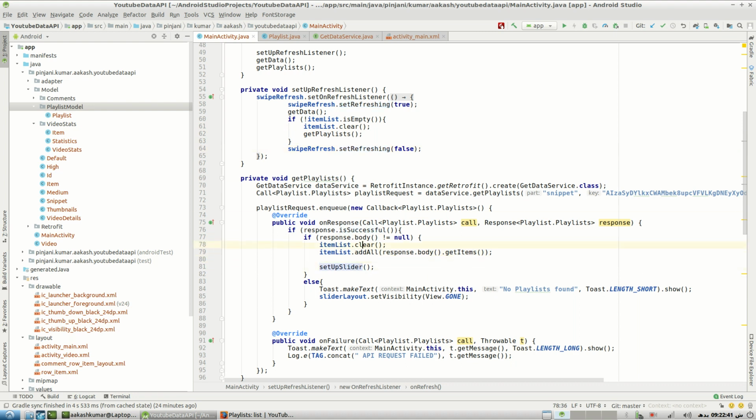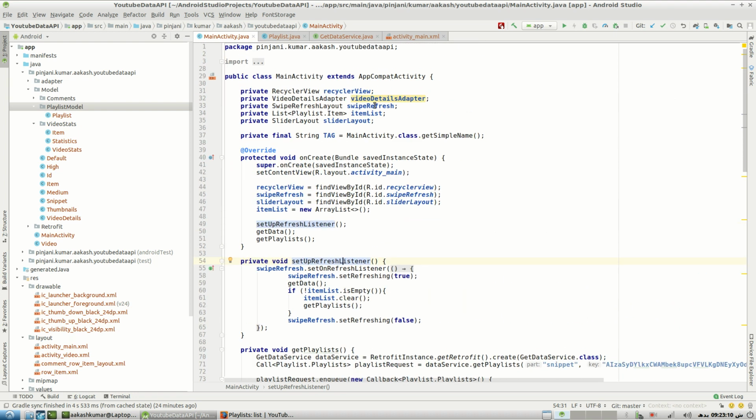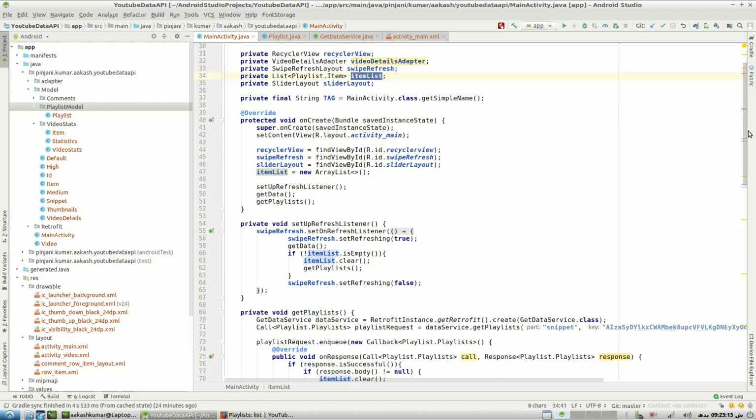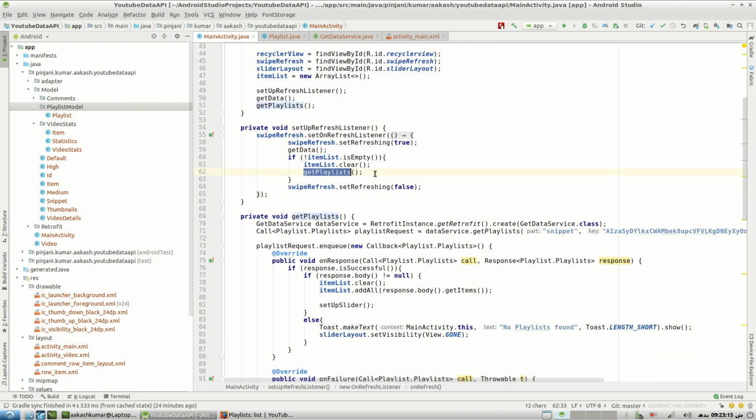So the reason that I have cleared this array list and then included the add all method is because when the user decides to refresh to retrieve updated playlists of that channel, we need to clear the previous playlists that we might have and update the array list that we created above with the new items that we would have when the user refreshes. So that's why I've called this function and cleared this array list, so that we would have the updated